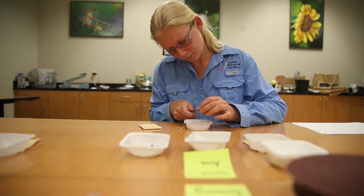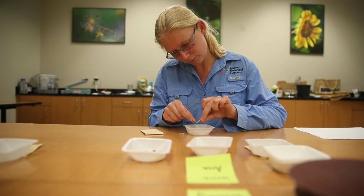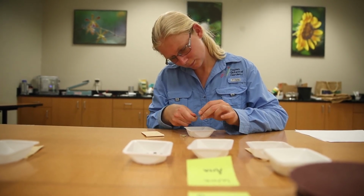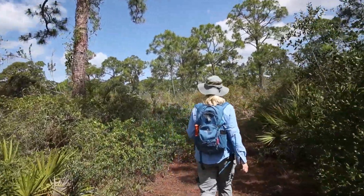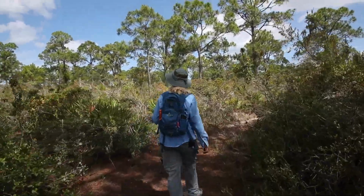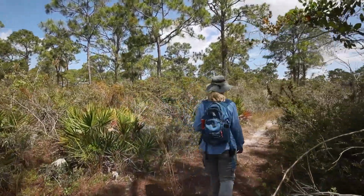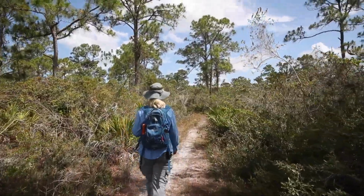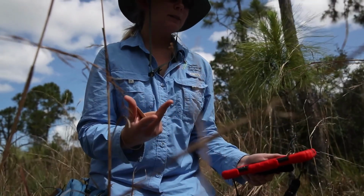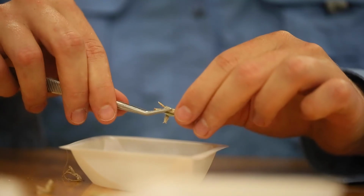I would say just recently, I've been here for about 4 years, and within the last year I've seen a drastic change within the patterns of flowering and seeding. There's been a lot more droughts that have been occurring. There was a very weird winter. There was a harsher winter this year around, and so we're not getting as many seeds as we usually would. And things aren't flowering when they should be, which means that the pollinator that's associated with it isn't pollinating it at the right time. So we're seeing a drastic reduction in seed availability, and at the same time we're also